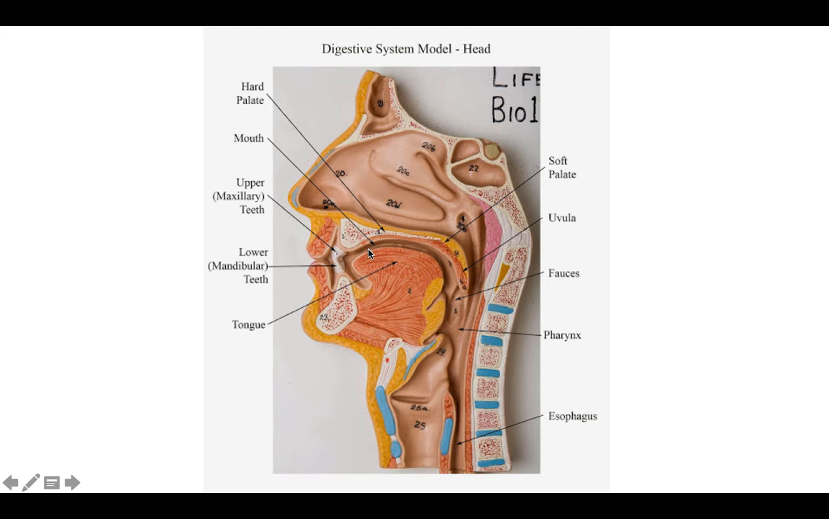When people ask where does digestion start, digestion starts in the mouth. And it starts with both mechanical digestion, right, with the teeth, and also with chemical digestion through the secretion of enzymes in saliva. So we'll come back and talk about saliva and the salivary glands when we talk